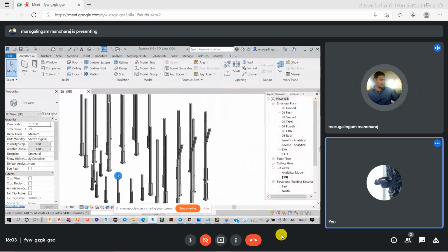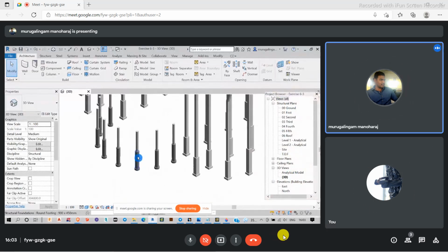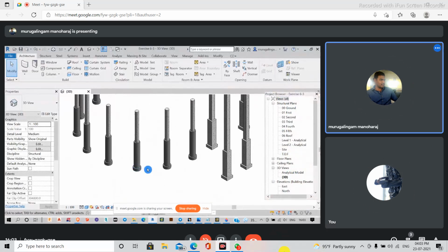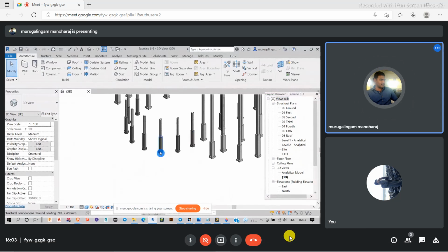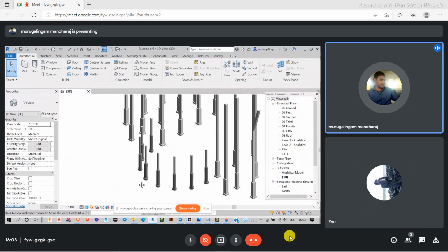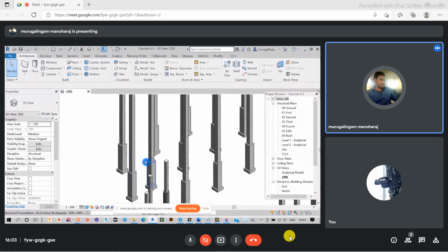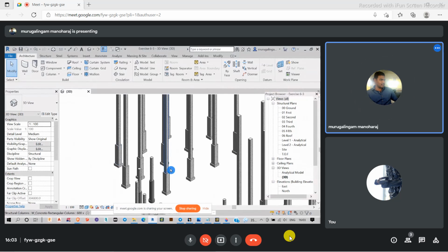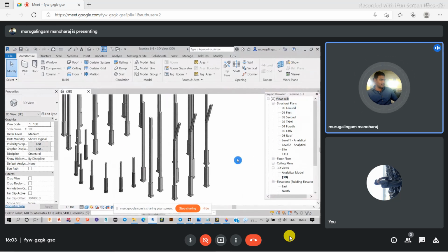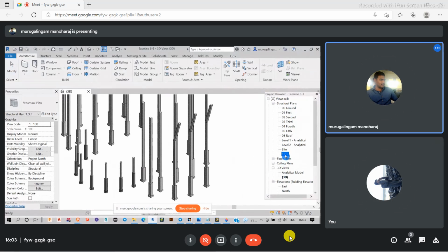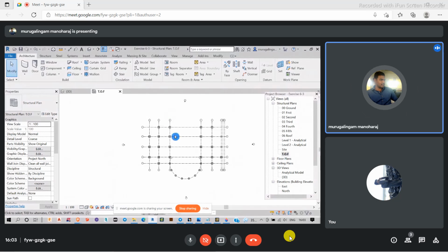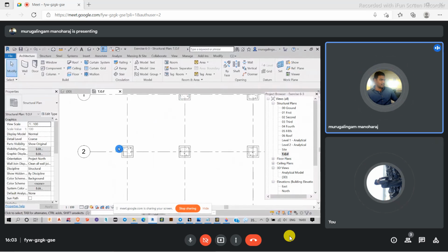So these are the things we have created in the previous class. We created a footing and separate footing for these items. I had told you that if you need a combined footing, there's a different process for that. So you'll see how to create a combined footing for this. Let me go to my plan. Let's say I need a combined footing here.